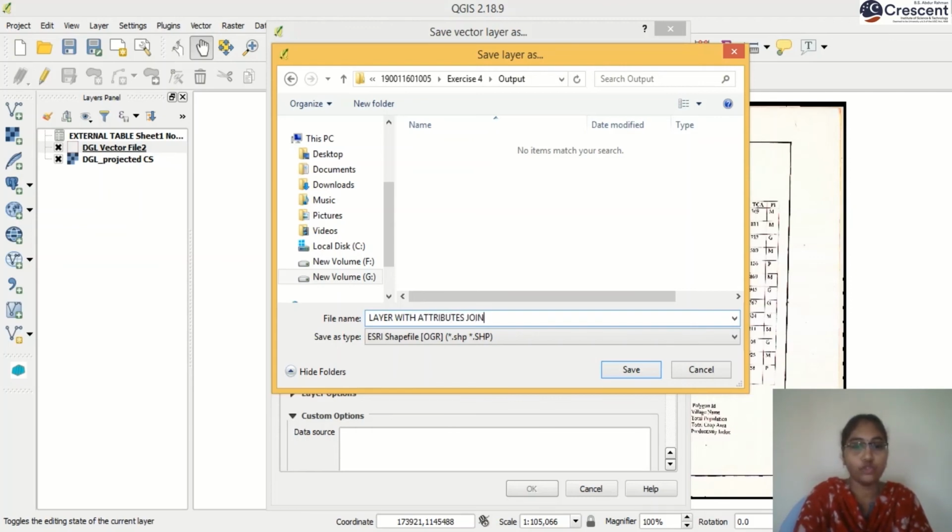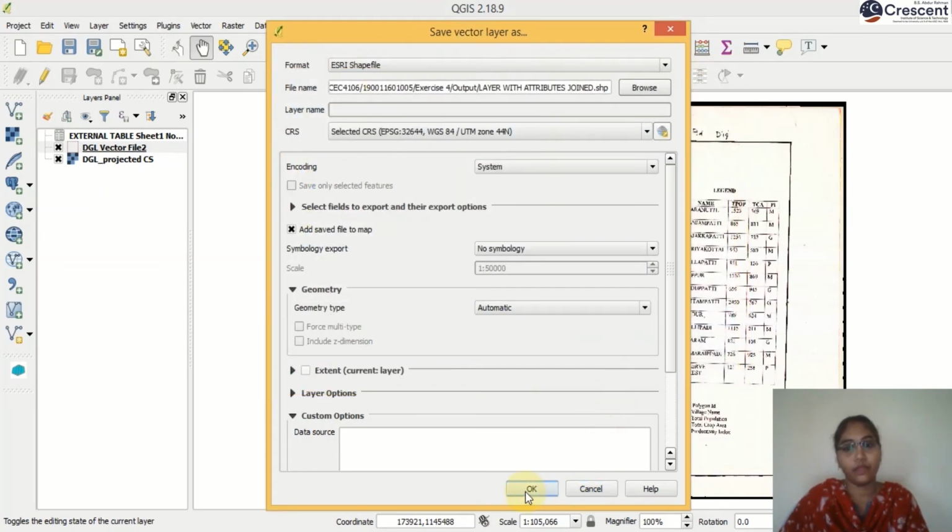Layer with attributes joined. Click save. Click OK.